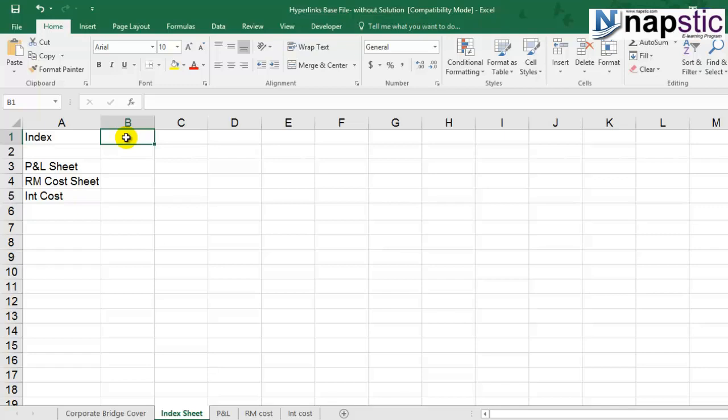If we take an example of a financial model, it has various worksheets and various schedules. For example, it will have the financial statements such as profit and loss, balance sheet, cash flows, and there will be various schedules that are prepared in order to forecast those financial statements. So all those will be interconnected through linkages. And if you have various worksheets, like 25 to 50 worksheets, it becomes very difficult to navigate through